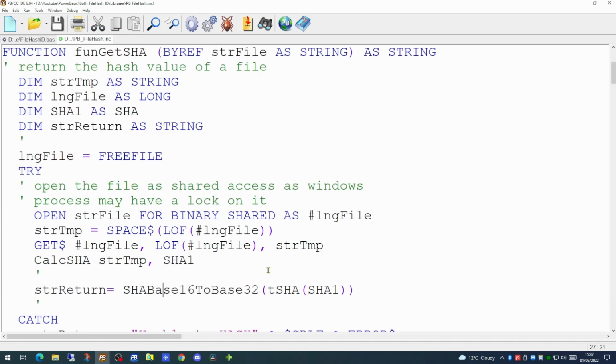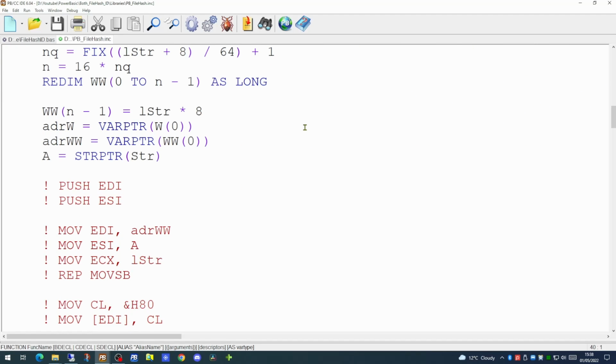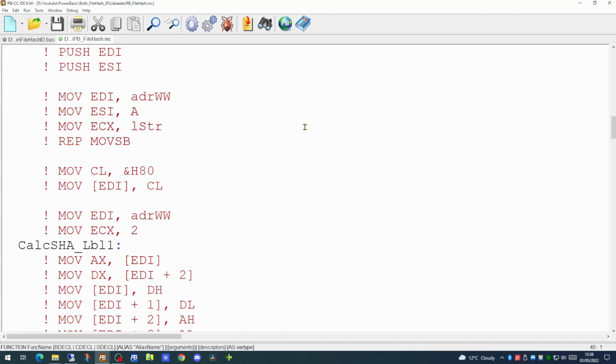These functions have been designed to work on fairly large files. And in order to calculate the SHA value in a reasonable amount of time, some of the code is actually run in assembler. This is one of the strengths of PowerBasic, that should you need to step down and use inline assembler, PowerBasic gives you the facility to actually do that.